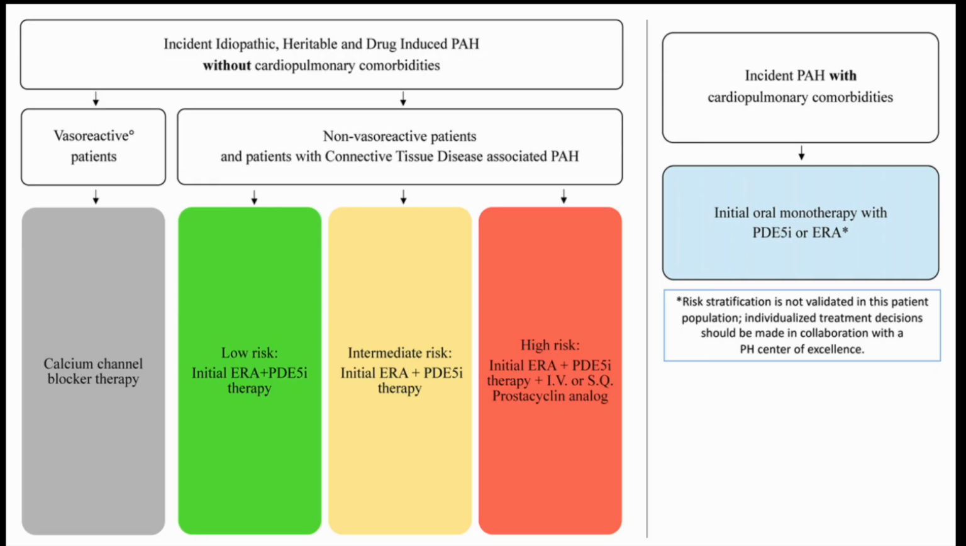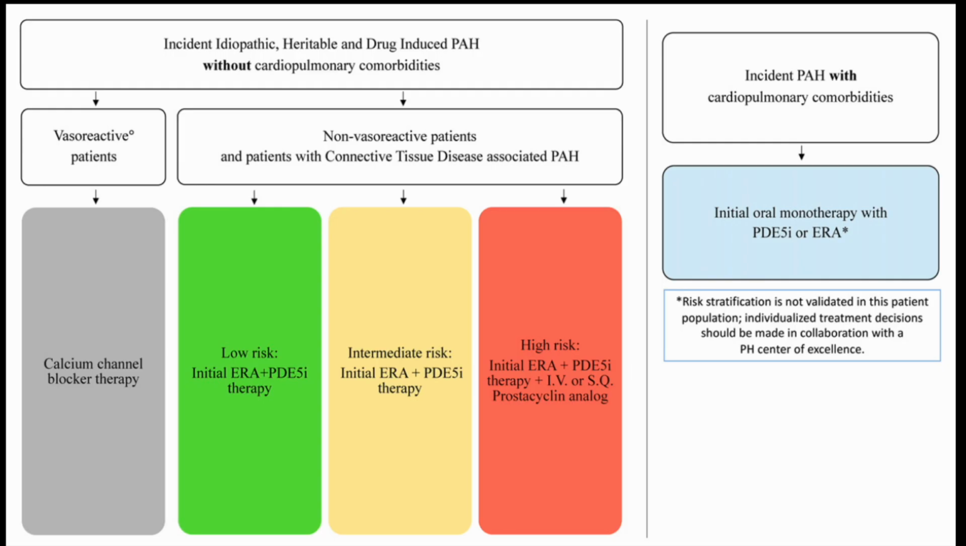For low risk, start dual oral therapy, that is ERA with PDE5 inhibitor, that is ambrisentan with sildenafil or tadalafil. For intermediate risk, also start dual oral therapy. And for high risk, start the dual oral therapy plus include a parenteral prostacyclin, that is use it IV or